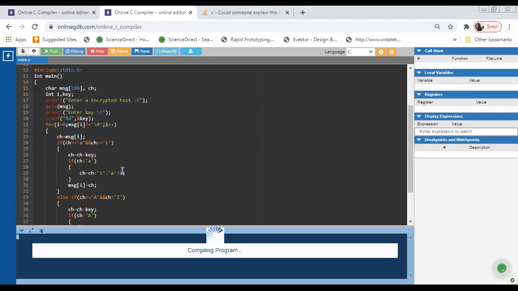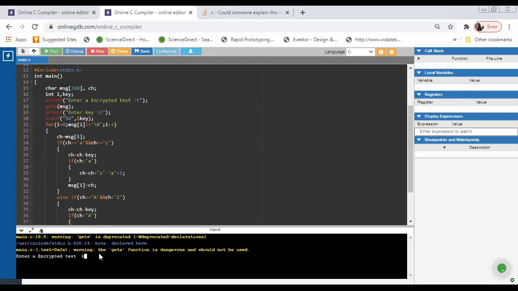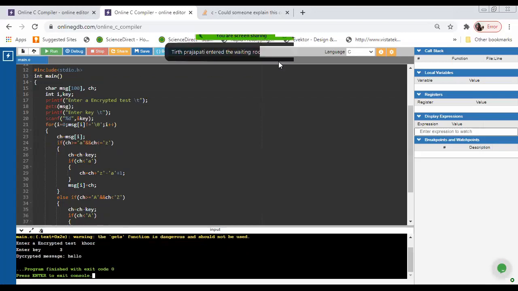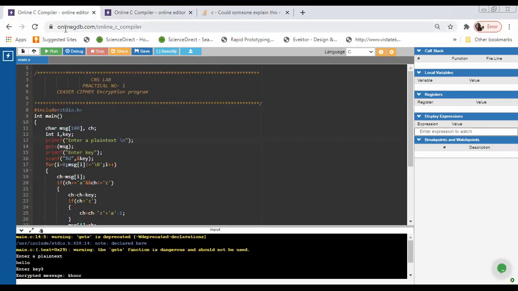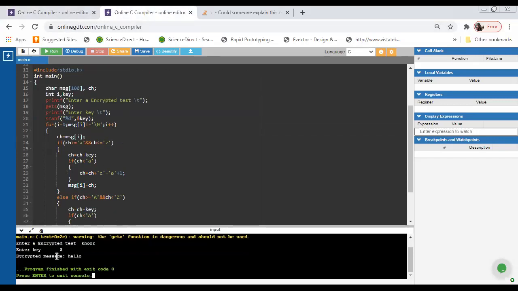Last time we received KHOOR as the ciphertext, we take the key 3, and we get the decrypted text, which is our plain text, hello.